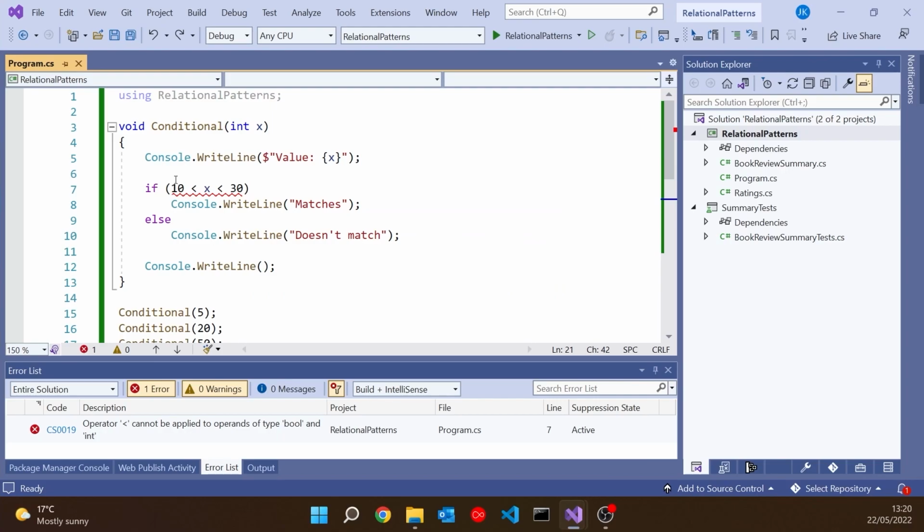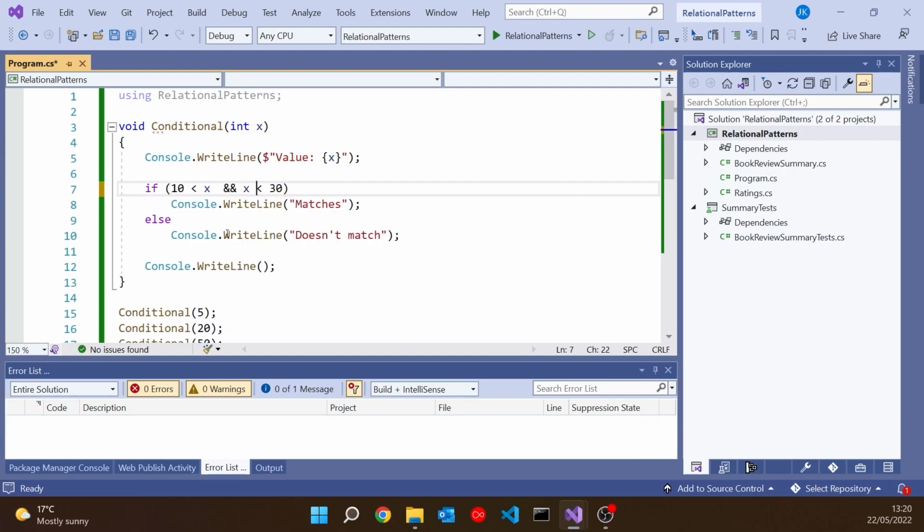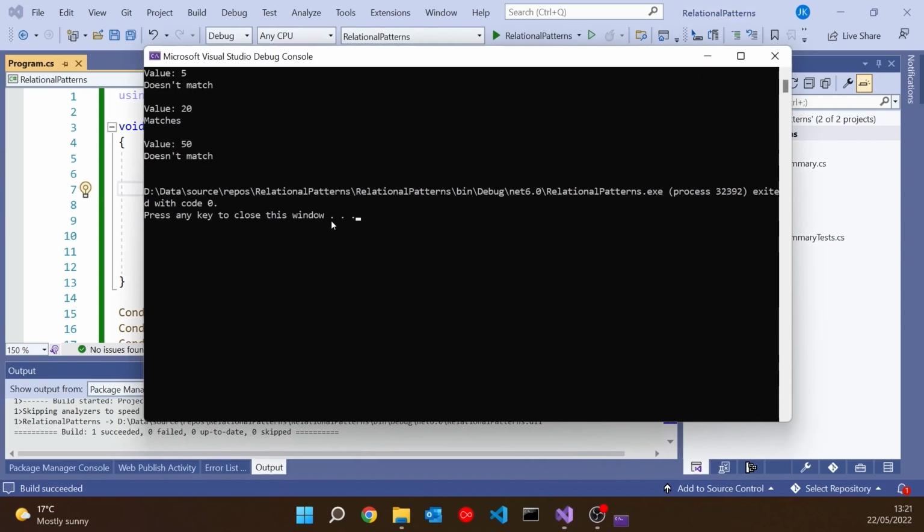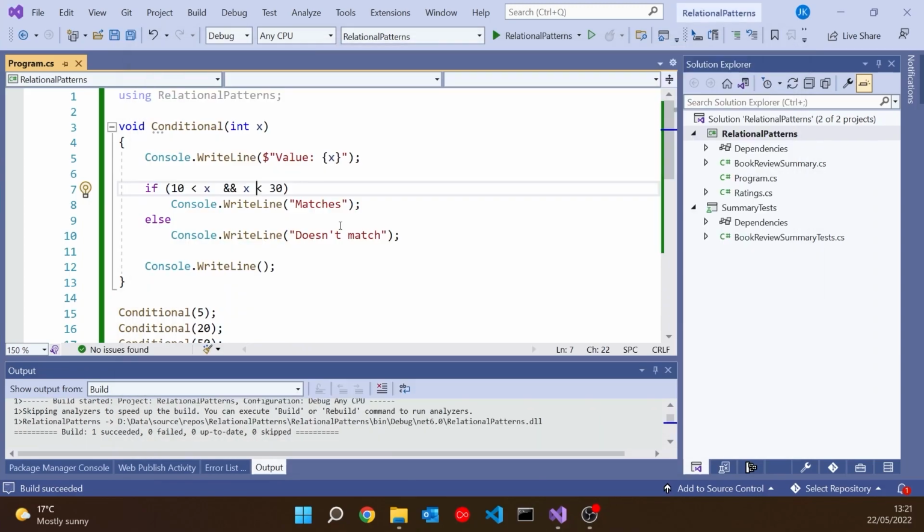So what we mean by this in C# and how we should write in those languages would be something like this. We're trying to say if 10 is less than x and x is less than 30. So it's not very difficult to put that in C#, and then we'll get the same sort of results. Doesn't match, matches, and doesn't match when we pass in those 3 values. So it's not an awful problem, but that's always been the way you had to do things